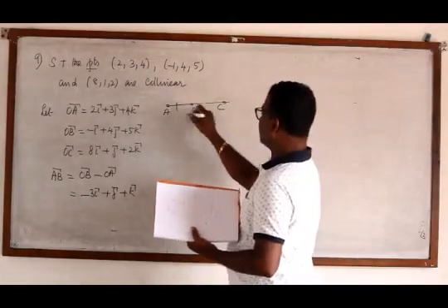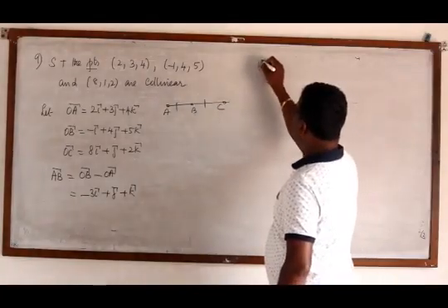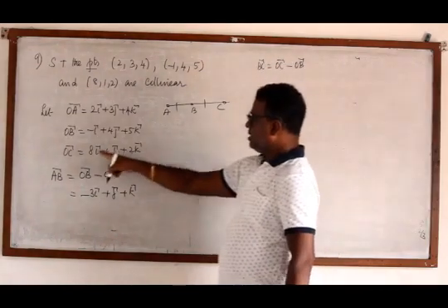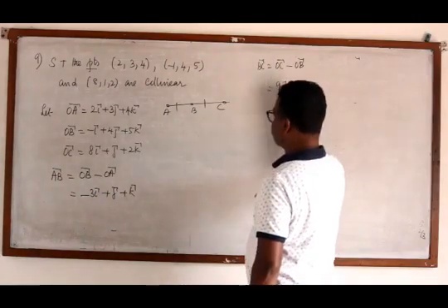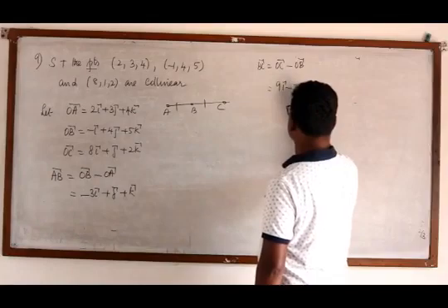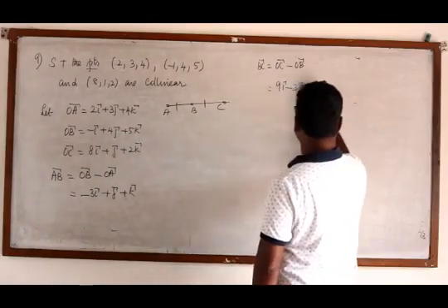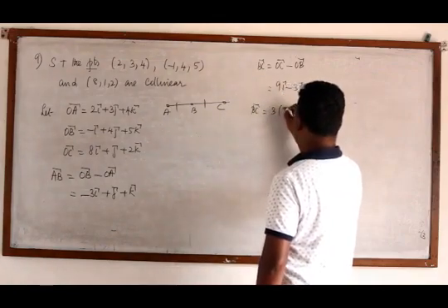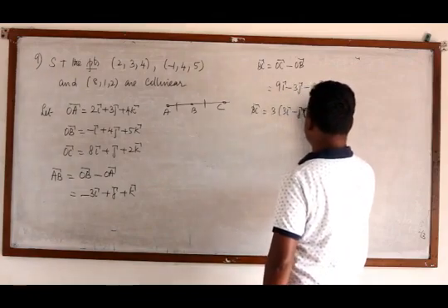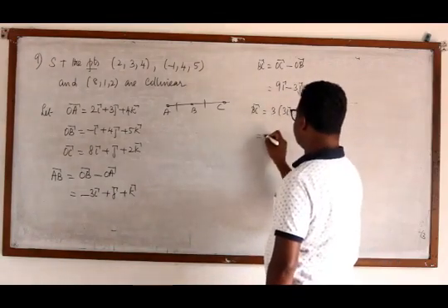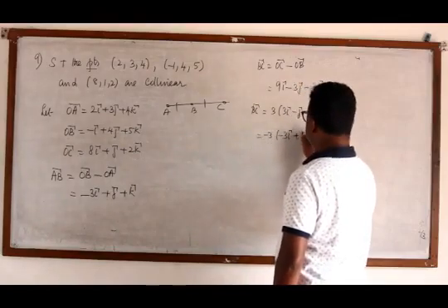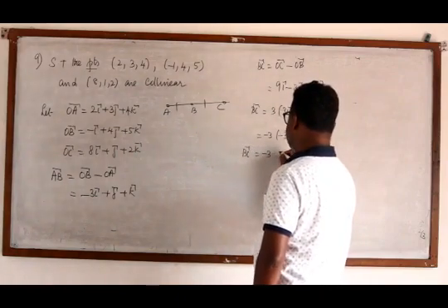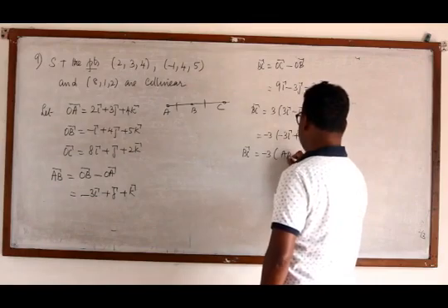Similarly, let me find the BC vector. I found the AB vector. Now we shall find the BC vector. BC vector is OC vector minus OB vector. So subtract directly. 8 minus of minus 1, 9i. J minus 4j, minus 3j. Then 2 minus 5, minus 3k. Now, shall I have BC vector as, if I remove 3, 3i minus j minus k? Compare it with this. If I take minus 3, it is minus 3i plus j plus k. This is BC vector equal to minus 3 into, instead of this, shall I write AB vector?